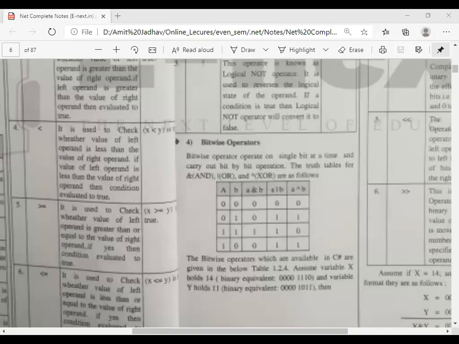and A XOR B, the XOR sign. So if the value of A is 0, value of B is 0, then A and B must be 0, and A or B. So here A, B, A and B, then A or B, and finally A XOR B. Okay. So here is the truth table that we can use: